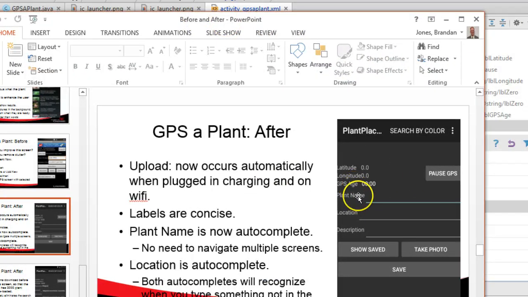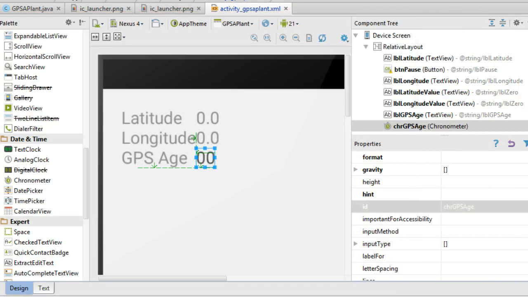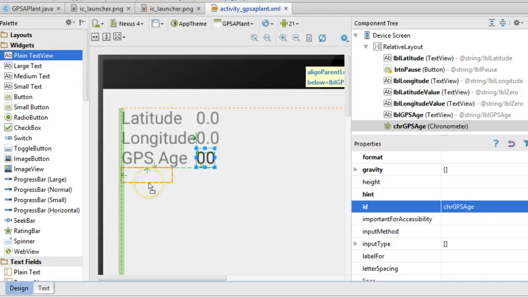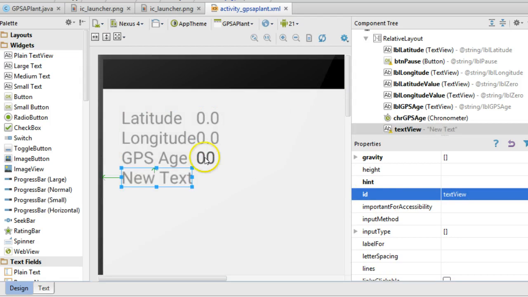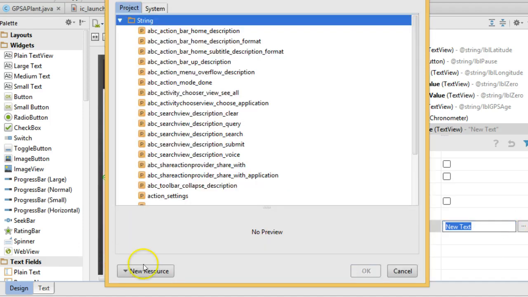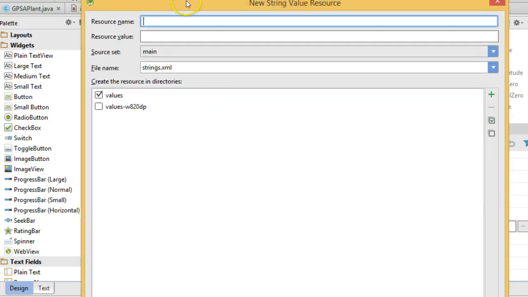For the sake of time, on this presentation, I'm just going to add one of the labels and one of the autocomplete texts. The rest I will do outside of this presentation just so it doesn't get too long. So I scroll up, and again, plain text view. I'm going to drop that, align parent left, and this one is going to say plant name. So ID, we'll say LBL plant name, and then for the text, I'm going to click the ellipsis. Okay, new resource, new string value, resource name, LBL plant name, resource value, plant name,